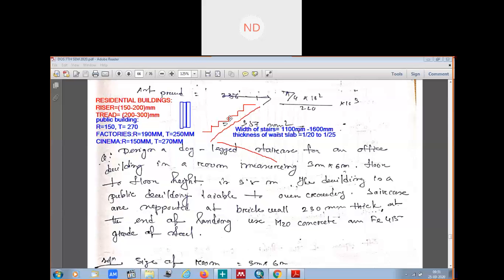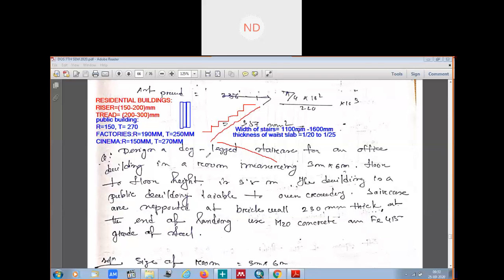Thickness of the waist slab: this one is your waist slab. So what can be its thickness? That is taken to be 1 by 28 times the span or 1 by 25. Between these values, we can take any value for the thickness of the waist slab. Okay, so these were the general things which you should keep in mind while designing the stairs. So if we take this question now here,